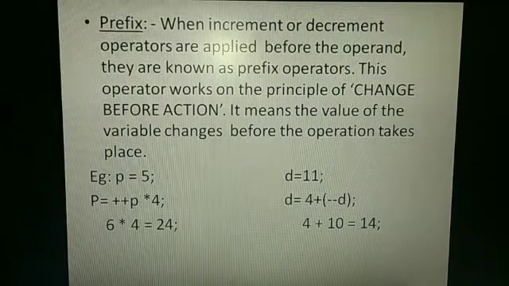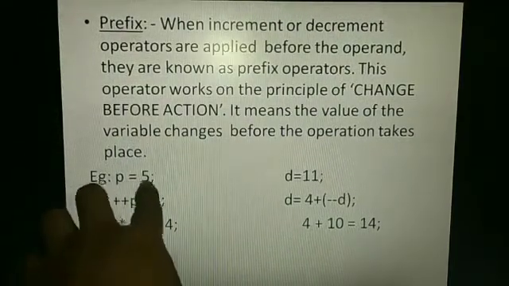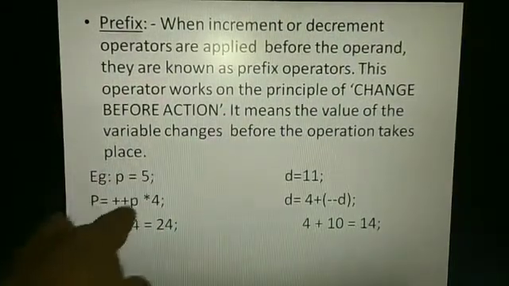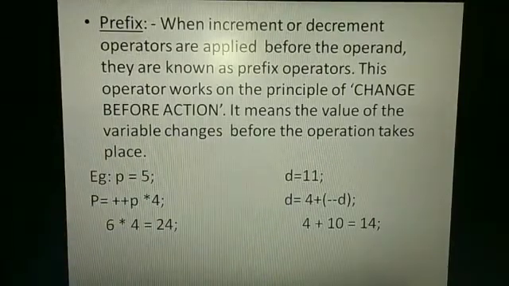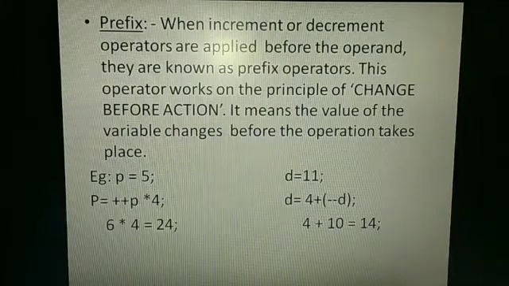Example: take P equals 5. Which type of expression is this? This is an arithmetic expression.